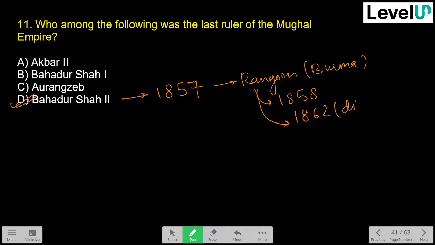He was the actual main ruler, or you can say the main leader, of the revolt of 1857. So after the loss in 1857, what did the British do? They sent Bahadur Shah Zafar to Rangoon in imprisonment, where he died after 4 years. Next,